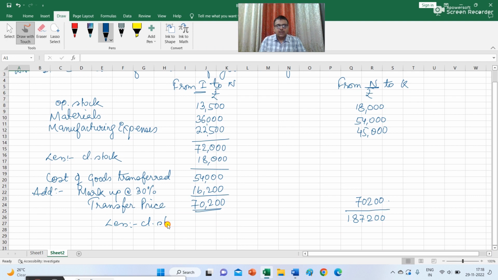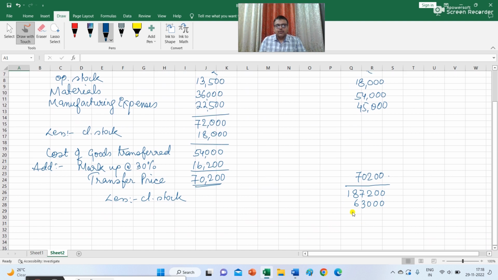So less closing stock of Department N was 63,000. So the cost of goods transferred from Department N to Department K is rupees